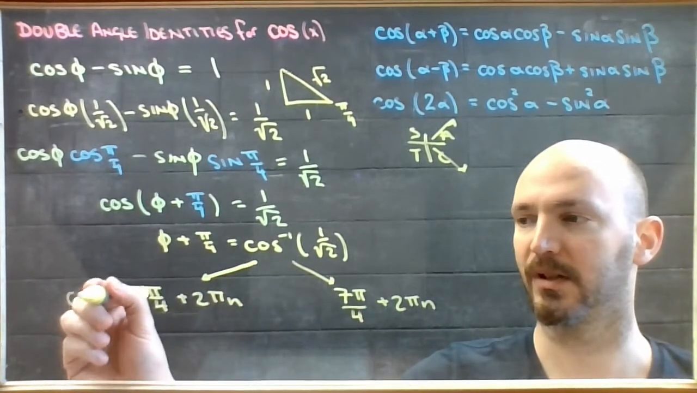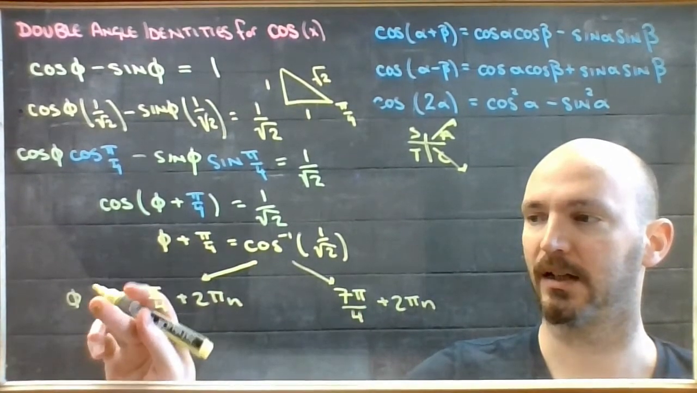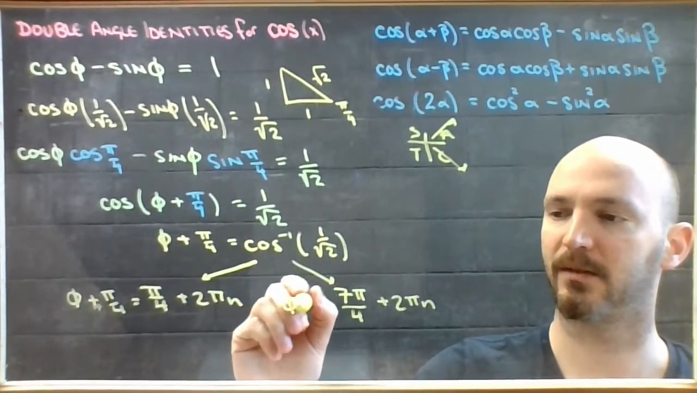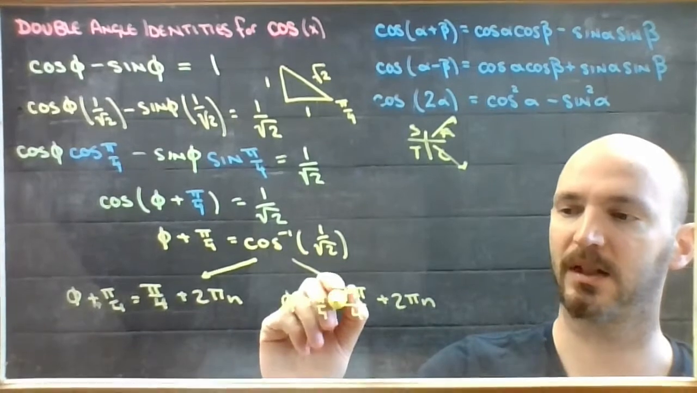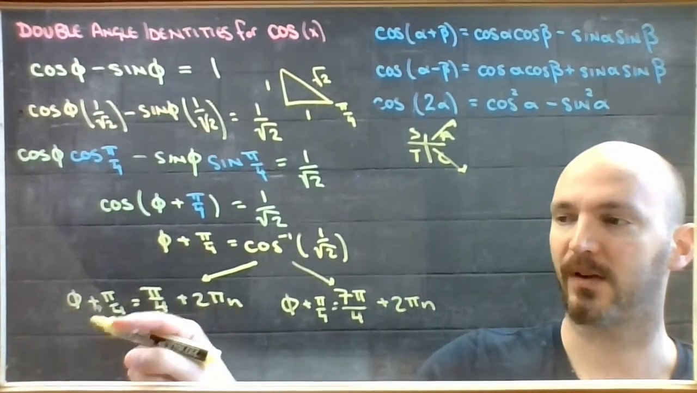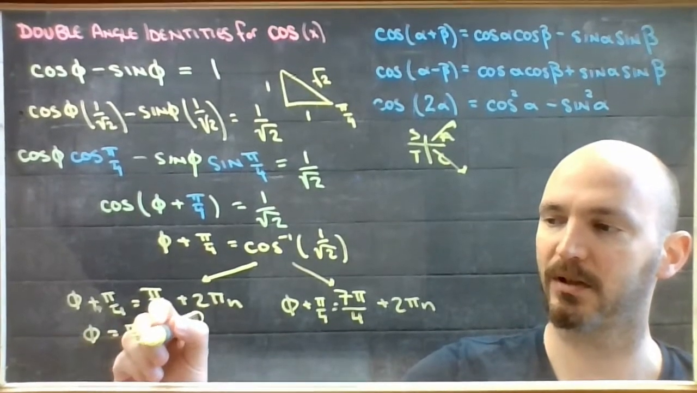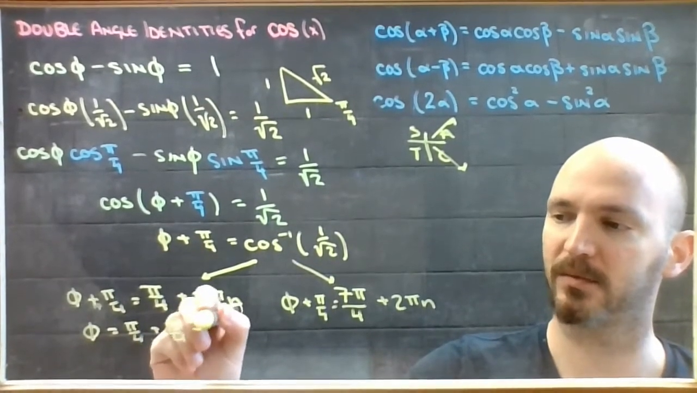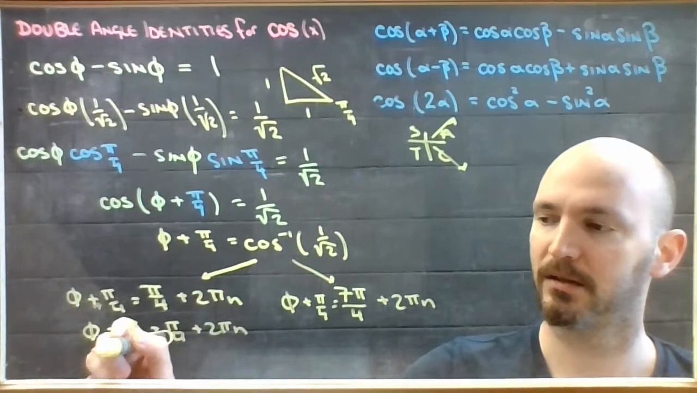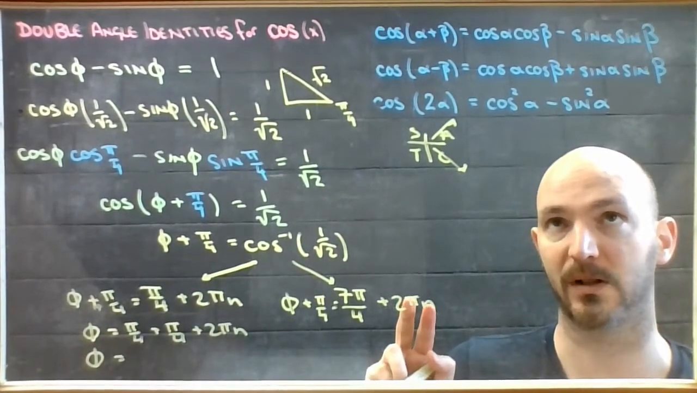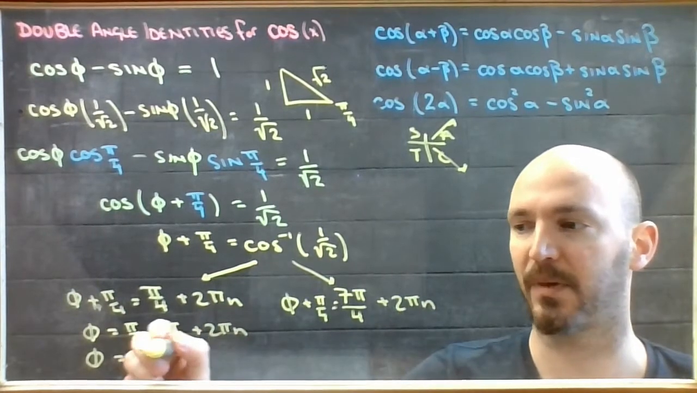And that's, of course, plus pi over 4 equals that. Phi plus pi over 4 equals that. So if I kick the pi over 4 here, I end up with phi equals pi over 4 plus pi over 4 plus 2 pi n. Phi would be pi over 4, and pi over 4 is 2 pi over 4, which is the same as pi over 2